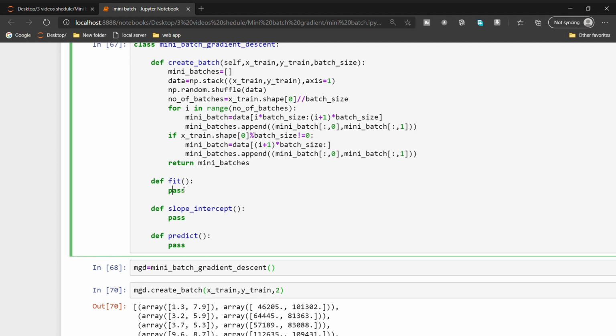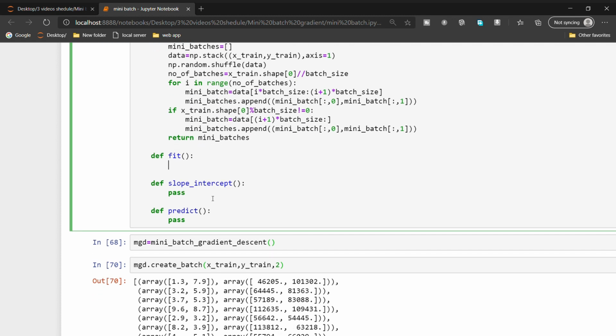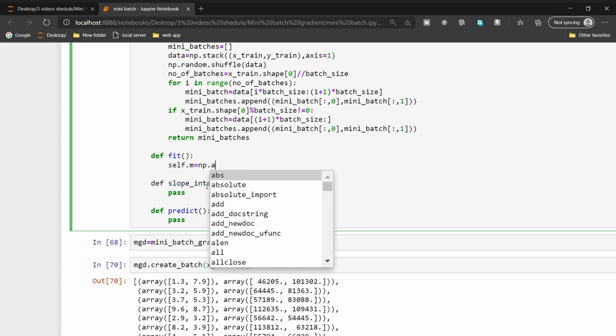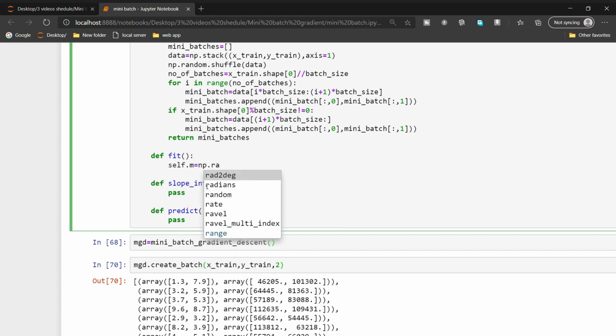Okay, next thing is we need to create our fit function. Next I am removing this pass. First I am going to initialize the slope and intercept, self.m equal to np dot. Here I'm not directly assigning some random value with normal distribution. Here I'm going to use some numpy random functions, and based on that I am assigning the m value initially.